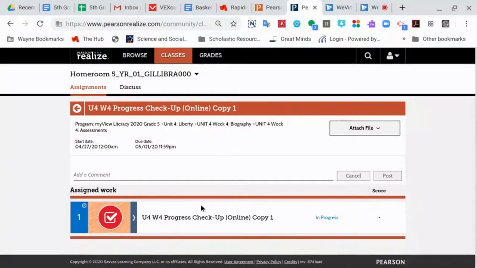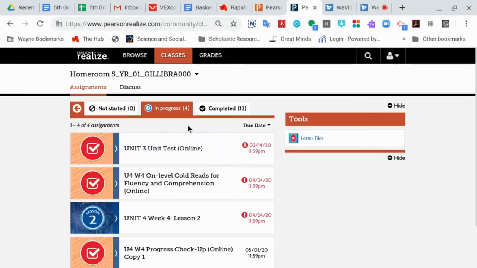So if you're taking the test and you want to access different things, what you can do is open up a different tab and go back to your Pearson. Here, that's what I've done. I've gone back to my Pearson, and when I'm looking at it, I could go to my in progress or my completed assignments. Here, what I can do is go back to a previous assignment, say Unit 4, Week 4, Lesson 2,